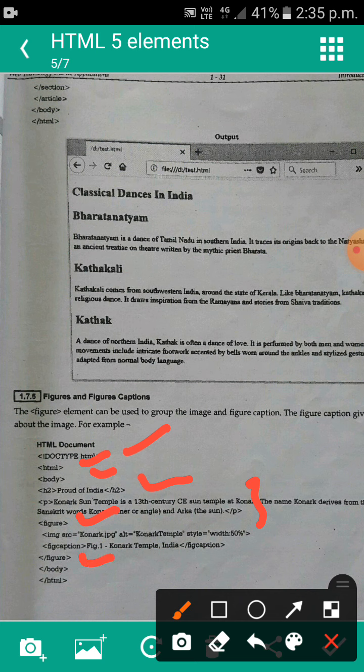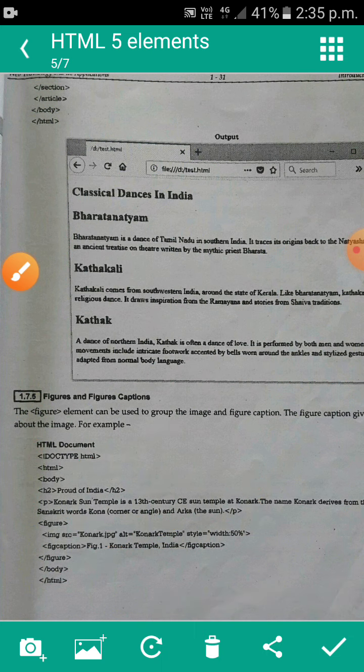Within the figure tag we are using the image tag. Image source is equal to that image name, that is konark.jpg, then alt.